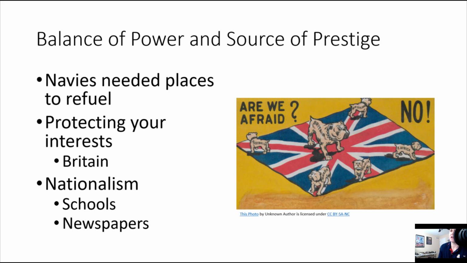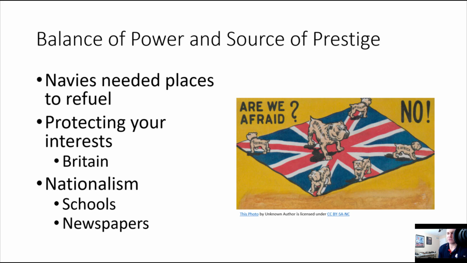So talking back to balance of power, navies needed places to refuel. They're eventually going to run out of coal because we're using steam power during this time. So you needed some locations to go ahead and refuel. We already talked about this earlier, about how you're protecting interests, and that was with Britain trying to